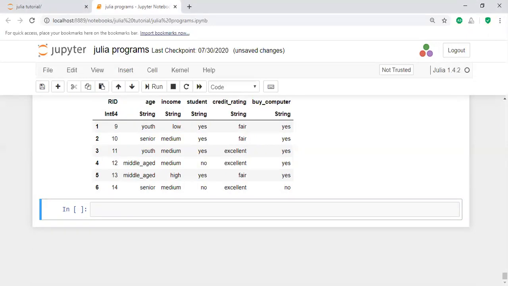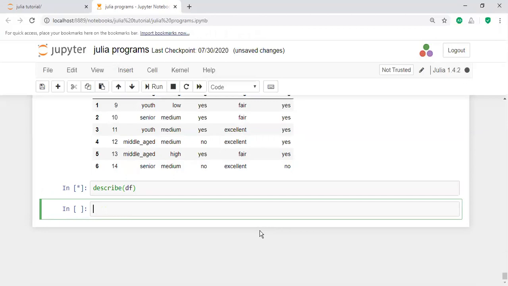Some of the numerical functions are there. What are the numerical functions here? One function is the describe function. The describe function returns all possible statistical inferences, that is, minimum, maximum, and mean can be known. For example, describe df. What does it return? The mean, the maximum value, and more like that. It displays different information.